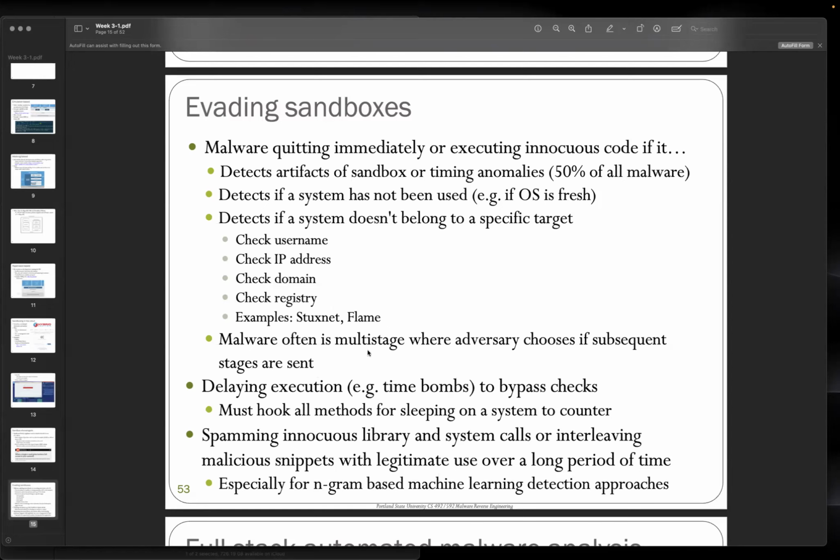Because malware often does multi-stage attacks, the adversary chooses whether the subsequent stage is sent. So once we execute certain application files or an email, maybe they check first, and they will delay the execution. That one here is the term time bounds, to bypass the check, and others use other methods like sleeping on the system, or a counter. If you remember, when you write a program,